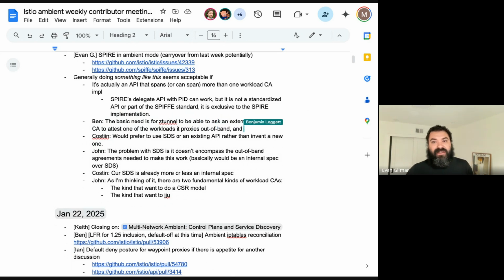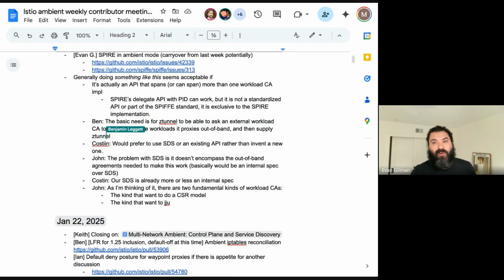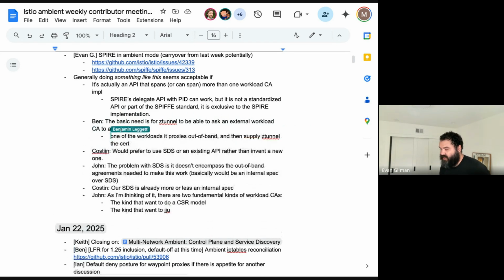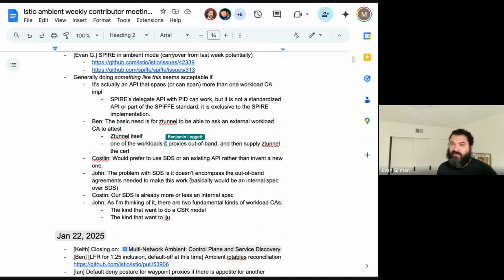SPIFFE is a pretty different beast from traditional CA PKI stuff, right? And I'll point to the JWT support. It's the very first wrinkle in that. And what I've seen is, what I call legacy PKI vendors, we're talking about CyberArk, Vault, these kinds of folks, right? Small step. They're